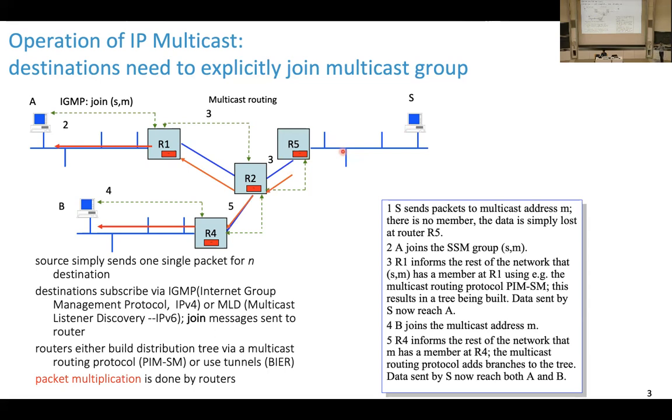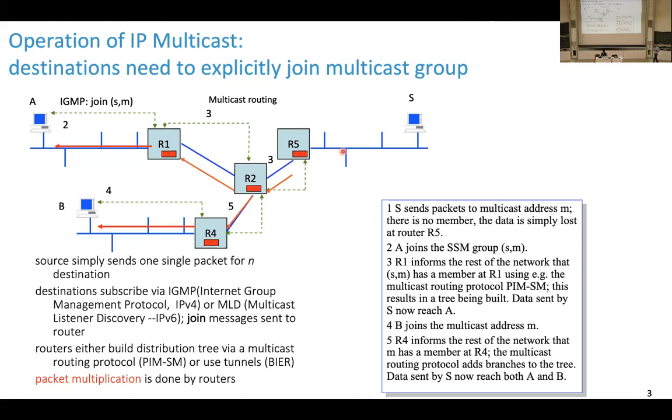At each step you propagate it on a tree and duplicate the packet, and at the end you will have 2 to the power 10 hosts that will receive the information. But if the server needs to do that, it needs to send 1,000 packets and create 1,000